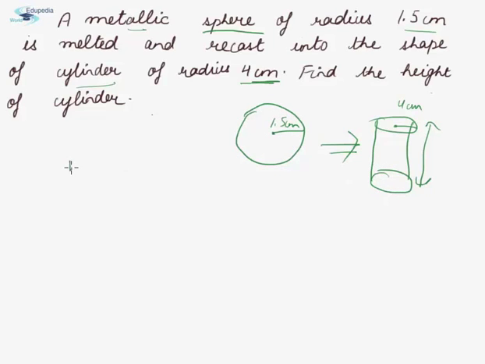That is, volume remains constant ideally when we convert one shape into another. So friends, volume of a sphere is given by 4 by 3 pi r cube cubic units, where r is the radius, and